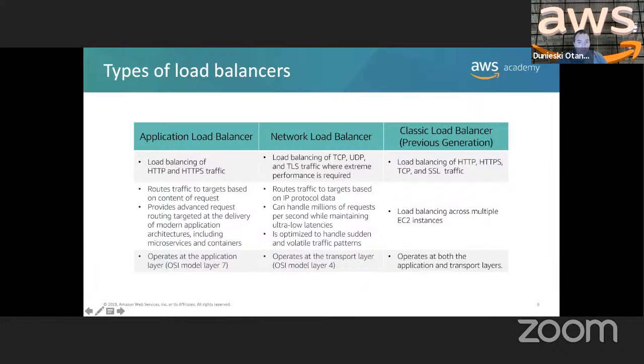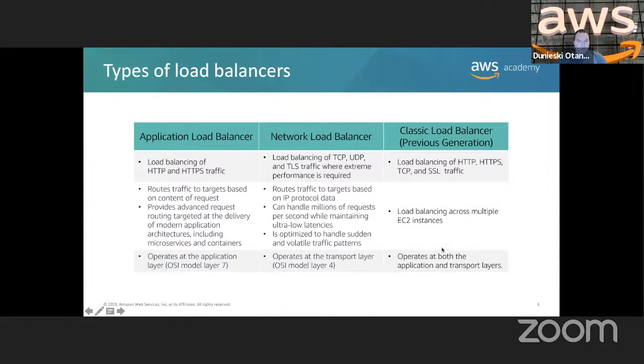This one can handle millions of requests per second while maintaining ultra low latency. So as you can see, when it comes to speed and load, this is the guy. It's not low, it's ultra low. And this one can do load balancing across multiple EC2 instances. This is the classic one. Now this one will work on the seventh layer, this one on the 4th layer, and this one in